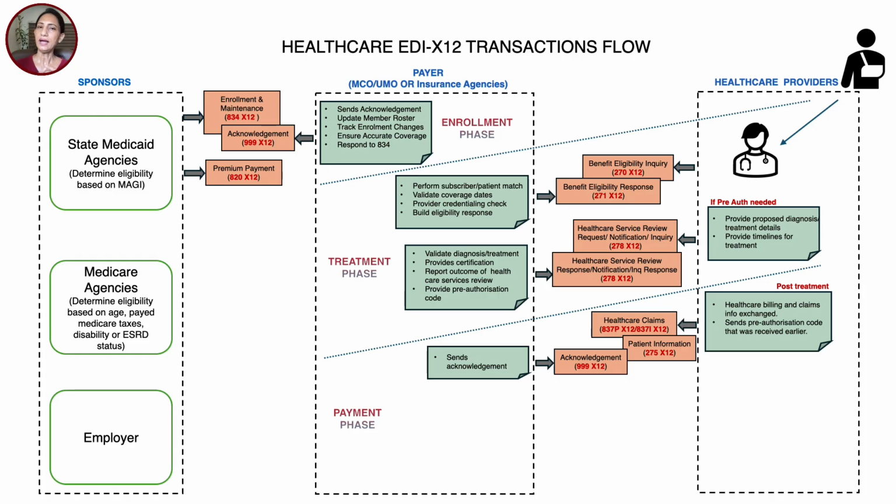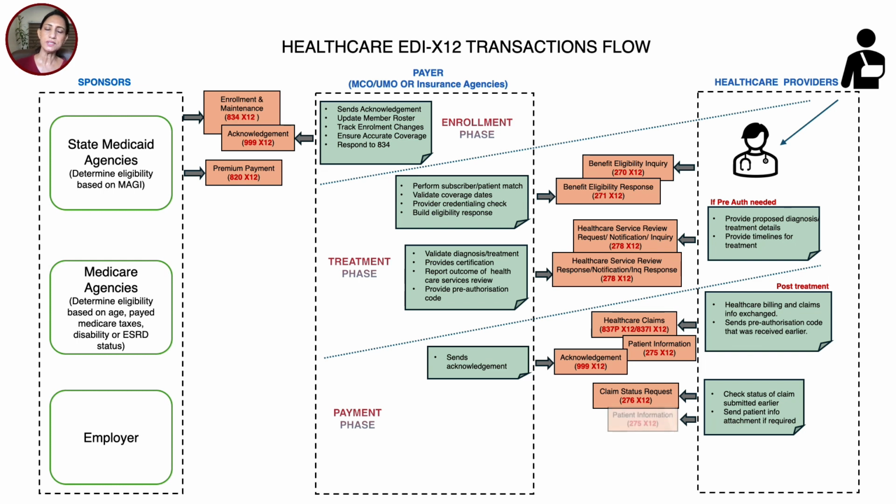and once the healthcare claim has been sent from provider to the payer, and if the payment has not yet happened, the provider may or may not send an inquiry for the claim status, that they want to check, hey, how are you doing on my claim? So if that is the case, then the provider will send another X12 file to the payer checking on the status of the claim, and if required, they'll send the patient information again as an attachment. So the claim status request is sent in the form of a 276 X12 file, and if required, the patient information is also attached, which is nothing but 275 X12. The payer will review the claim status, and they'll send a response back in the form of a 277 X12 file.